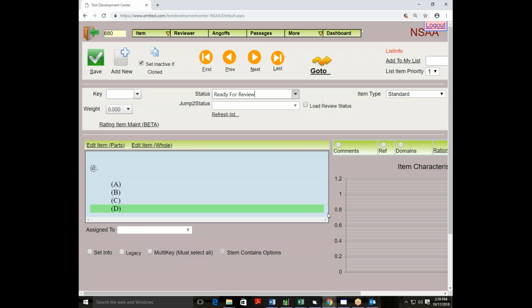And when you get your item in there and you're saved and you're confident everything is in there, you want to permanently delete that Word document. Please do not keep copies of any item content. So if you are pasting in, you're going to want to use this Edit Item Parts option to the left there,